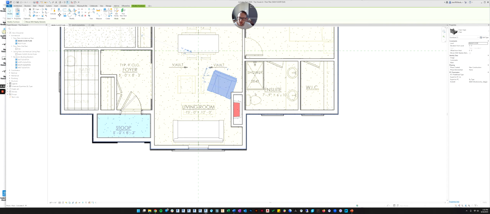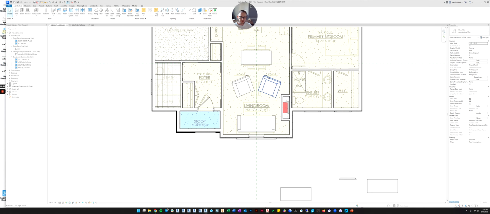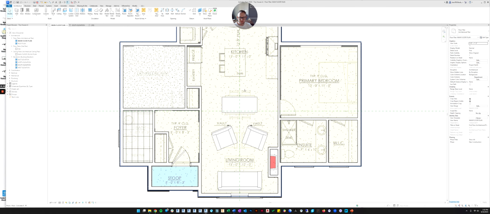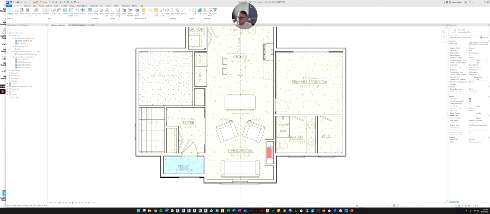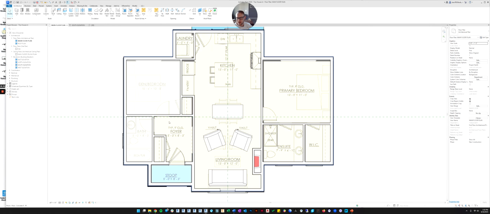Oh, but it didn't copy it. So here's the other thing. I'm going to use my arrow keys to nudge it where I want it. And then let's use the Mirror command again, but there's this little button here where you can say Copy. So it'll mirror it and copy it. So now we've got our living room. And that's how you would go about doing all the rest of the stuff in here.